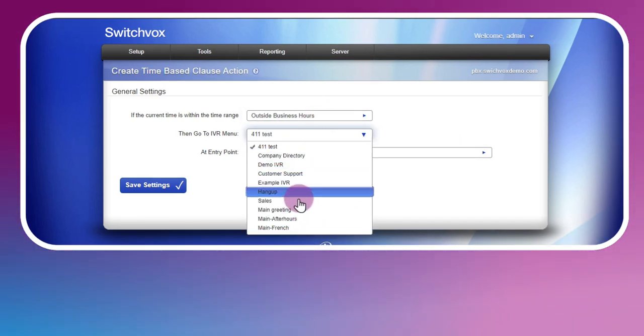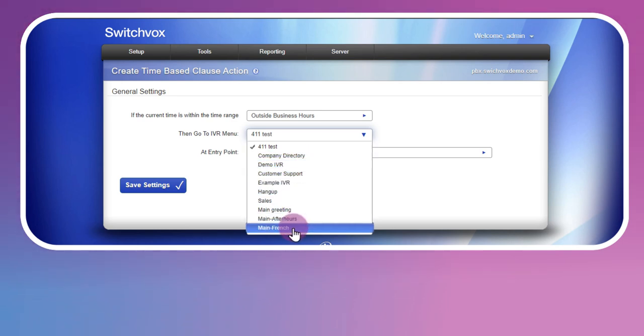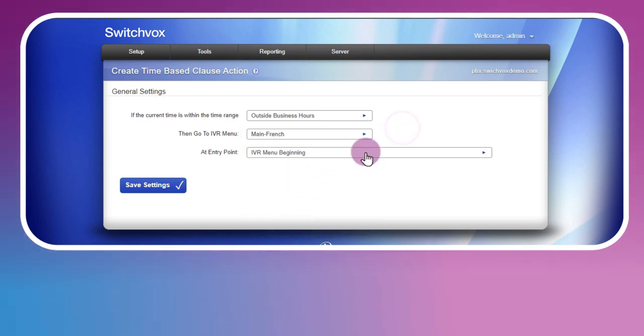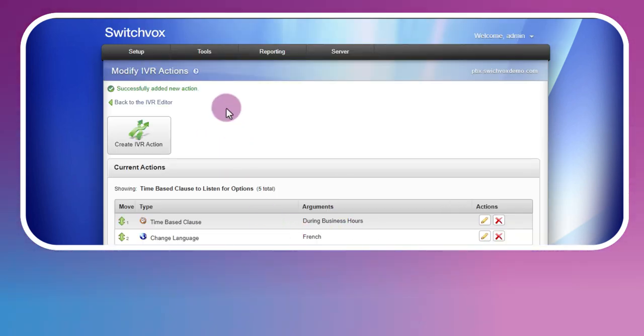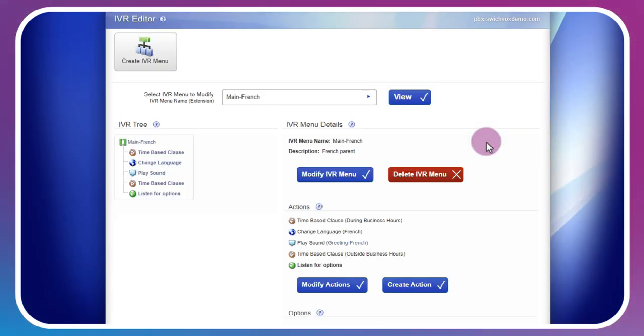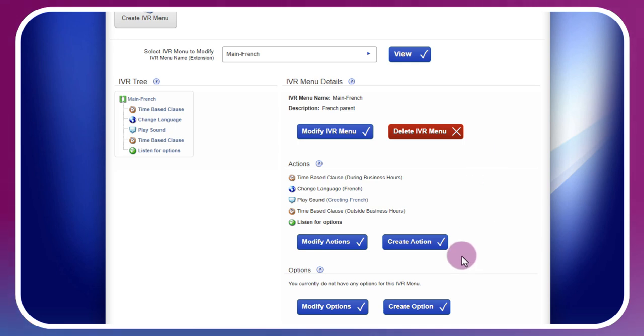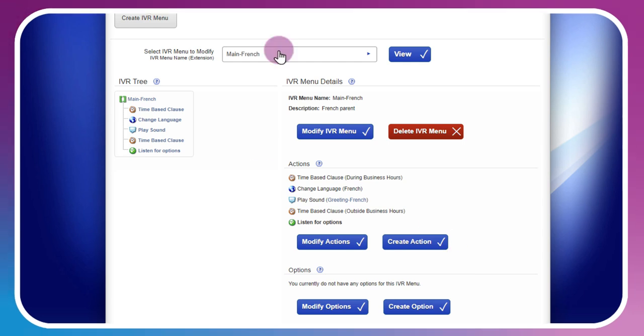So we don't have a French after hours, but you can create one, of course, and we'll just use this for the example. And so you'd continue to create your IVR options, press 1 for sales, 2 for support, that sort of thing, and you would replicate what you've done on the English side or the other language side.